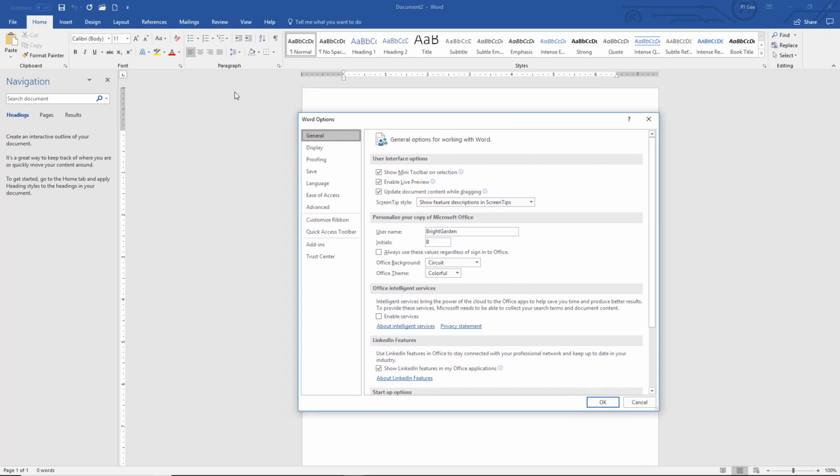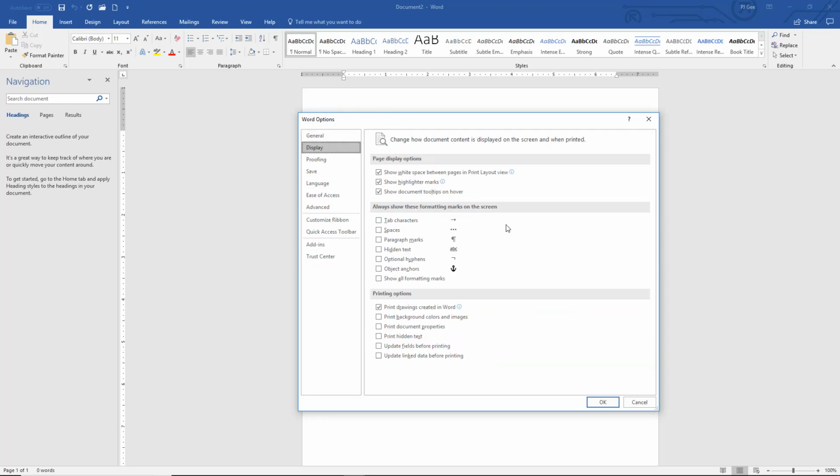So within Word, I popped open settings. And under display over here on the left menu, there's a grouping called "Always show these formatting marks on the screen." I click "Show all formatting marks," and it will show you things like, when we put text boxes in there, an anchor on some text. Sometimes we'll lock an image, like a text box or an image from a screen grab, to the text that's describing it, so it doesn't get separated later on because Word does its own reformatting. Okay. And it will show other things like optional hyphens,